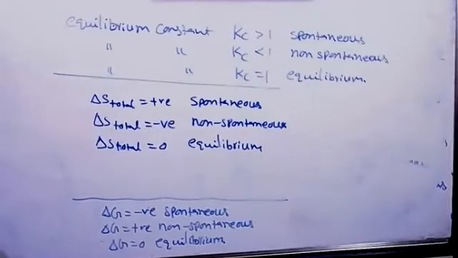Okay, see now question number 8. For a reversible reaction, X plus 3Y gives 2Z, delta H is equal to minus 40 kilojoule. The standard entropies of X, Y, Z are 60, 40 and 50 joule Kelvin inverse mole inverse respectively. The temperature at which the above reaction attains equilibrium is about. So at which temperature is equilibrium attained. Okay.